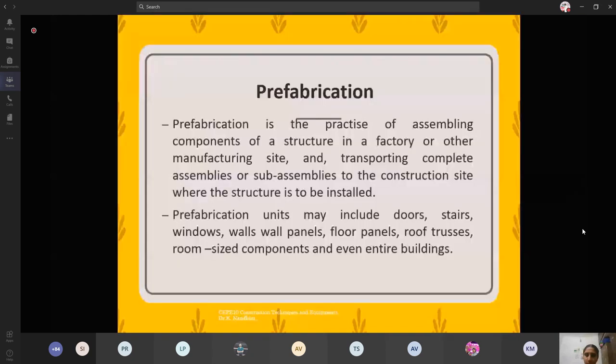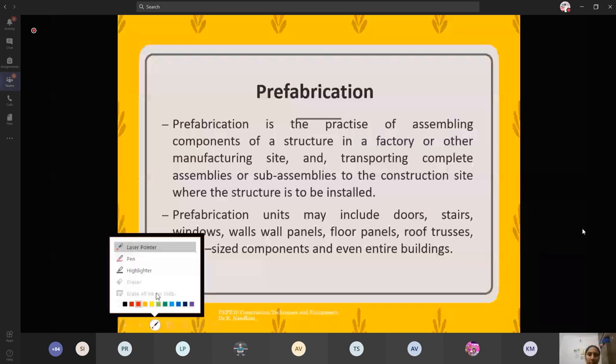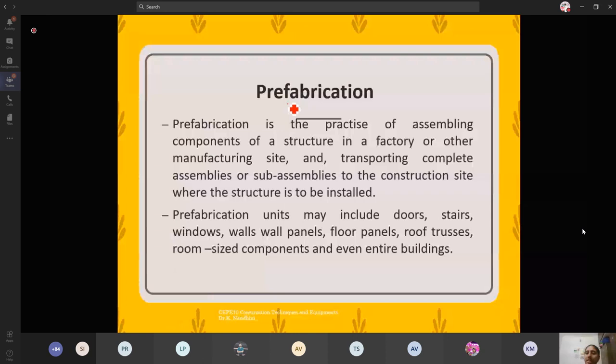Do you know what is prefabrication? Have you heard about this term prefabrication? Fabricating is nothing but casting it, that is, you're making something. Pre is you're doing it somewhere. It is done already. You go purchase your ready-made clothes. It is done, you go buy it, you just wear it. The same thing. More or less, you can call it ready-made structures that you're going to just assemble